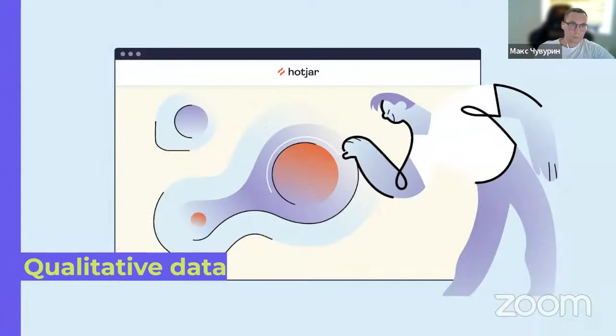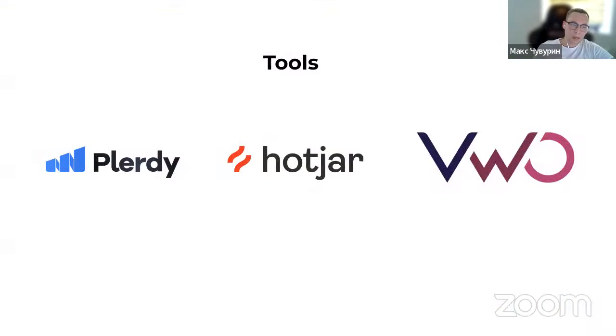Yeah, let's talk about qualitative data. The core task of qualitative data is to get the context of how the product is used: how, when, and why we use it, the way users are clicking on something at the moment or interacting with something, in such a way that we can get all the insight without direct interaction with the target audience. To do this, you can use the following tools.